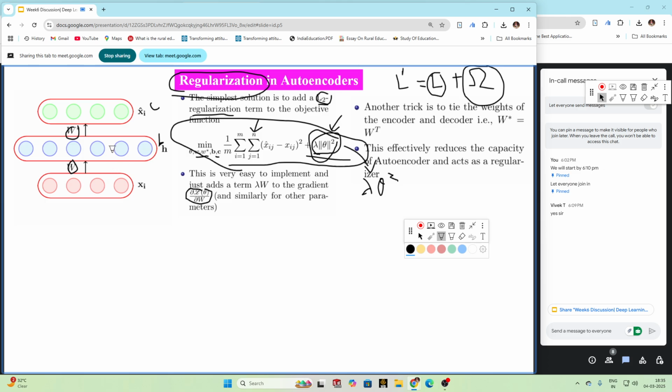So we have 4 into 6 weights, that means we have 24 weights. Similarly we have 24 weights for this w star also. Similarly we have 6 values for the bias of this layer and 4 bias values for this layer. So we have so many parameters, that is 24, 48, 54 and 58 parameters that the model will learn.